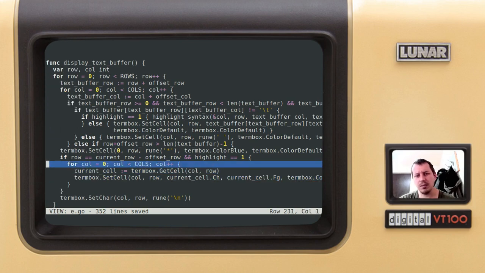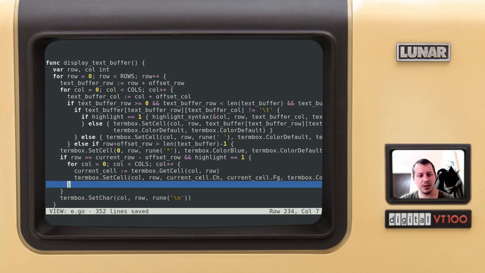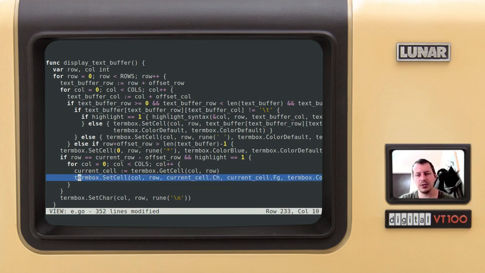Now I just thought that maybe if we do highlight, maybe here we should also do not the foreground, but maybe the default, because here is the deal, just to give you an idea. For instance, if I write some commentaries, the commentaries are not seen that nicely, so I just thought that I can probably do this in a better way. So if I say here, term box, the color default,